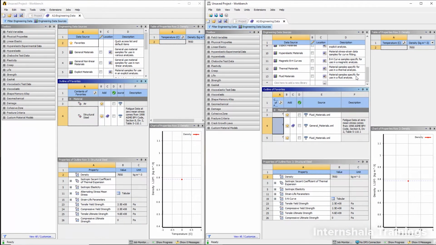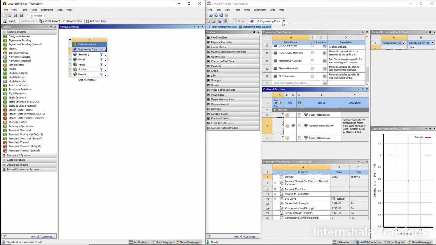At the interface level and the workflow level, there is no change in the options available between the previous version and the latest version of ANSYS Workbench. But there is one small difference: additional materials have been added into the latest version when compared to the older version, right? Now I will close this engineering data tab, as well as the engineering data tab in the newer version.